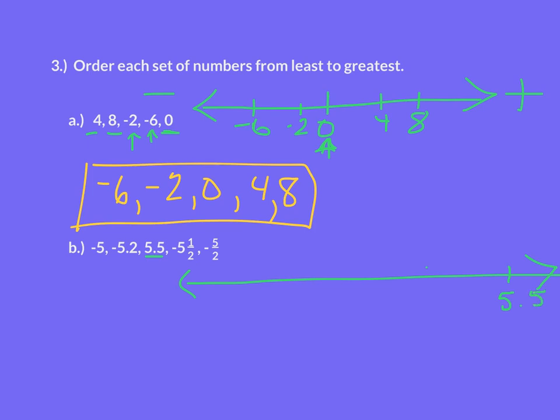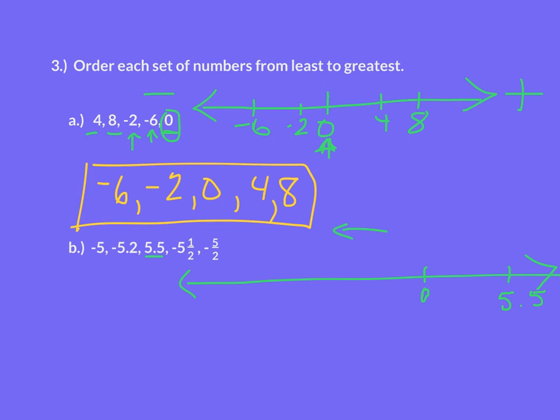So I'm going to go ahead and put my 0 right here. Now this time 0 doesn't count like it did here. In that first one, it was actually part of the original problem, but it isn't in this one. But it provides a good placeholder because I know that my negative numbers need to be on the left side of 0, and the ones that have the smaller absolute values, meaning their distance from 0, should be closer to